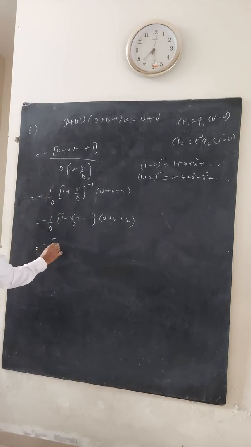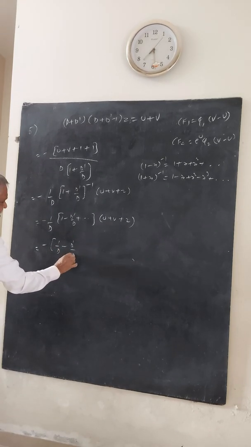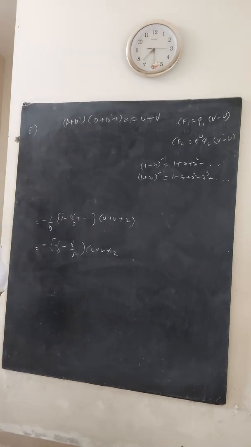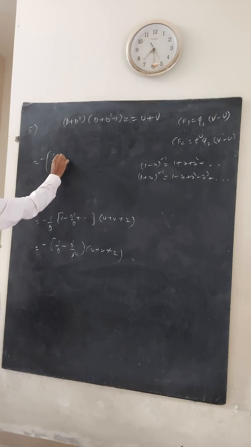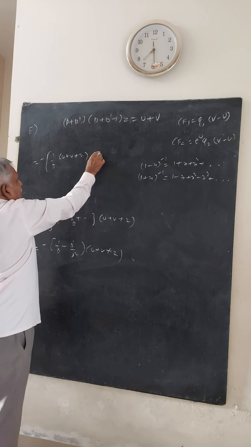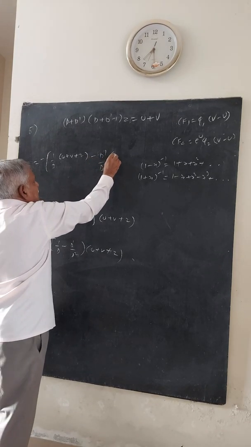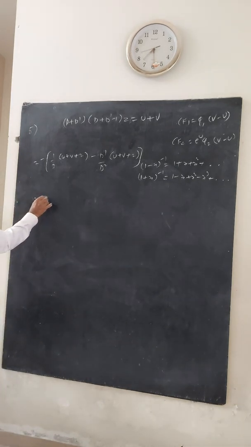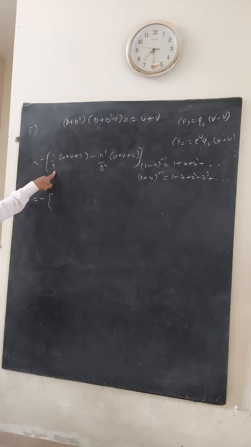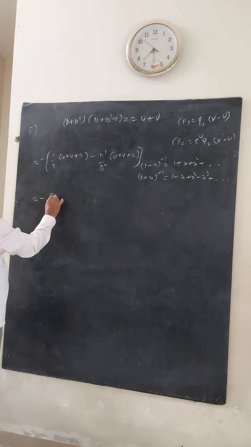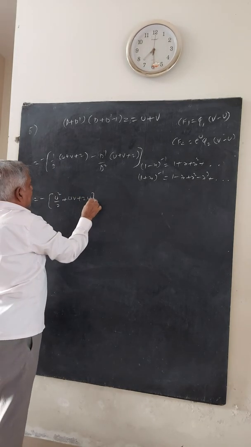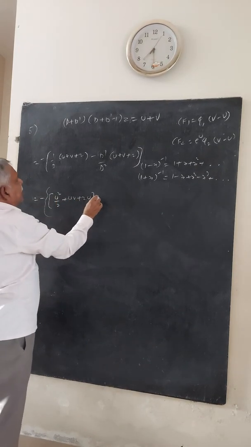1 by D take inside: 1 by D minus D dash by D squared of u plus v plus 2. You bring inside this minus: 1 by D of u plus v plus 2 minus D dash by D square of u plus v plus 2. Wherever you are removing D in the denominator, you have to integrate with respect to u only. Therefore, u square by 2 plus uv plus 2u integrated. Negative is common. Minus